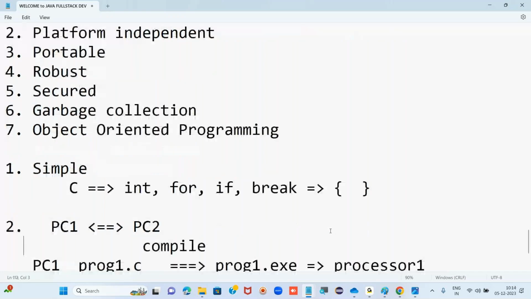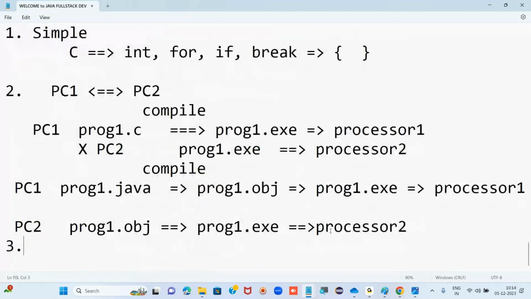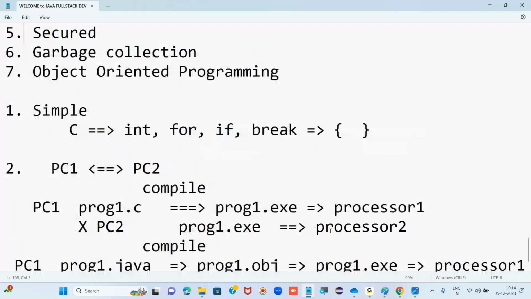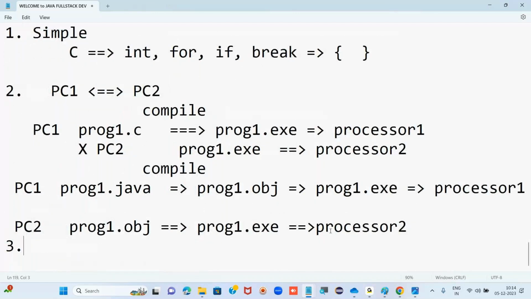You don't have to mug up these things. You need to understand these concepts. So, next is portable. Java is a portable language, which means you can write the code in